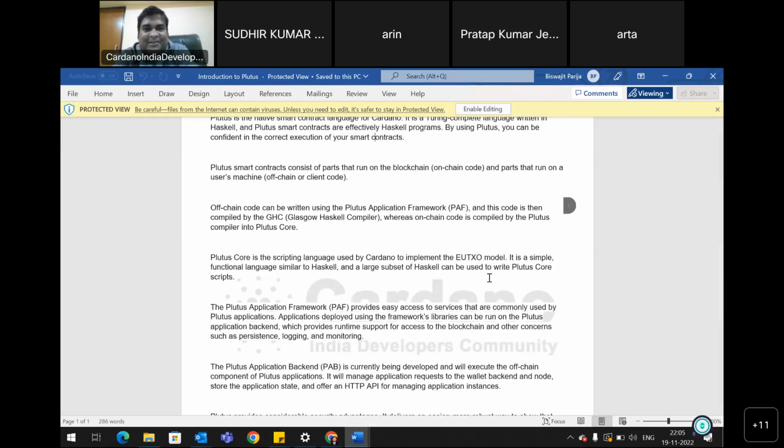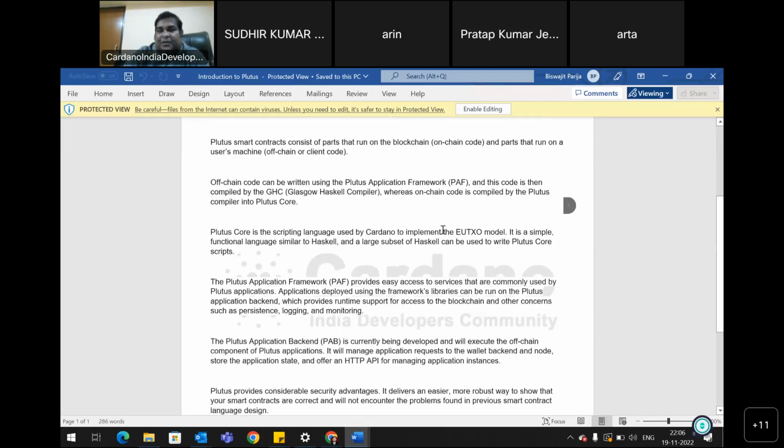We'll do it, and the code has to be compiled with a Haskell compiler rather, and it has to be converted into the on-chain code to run as Plutus Core. So Plutus Core is the scripting language used for the Cardano implementation of the UTXO model. We'll learn what the UTXO model is when we are going through Plutus. Just remember, this is only an introduction. We'll go through Plutus